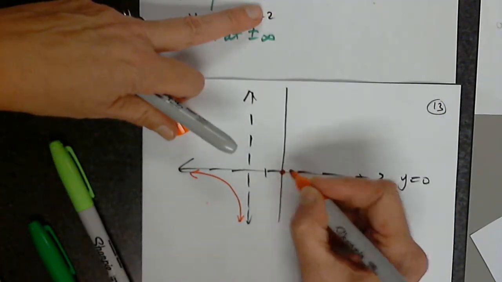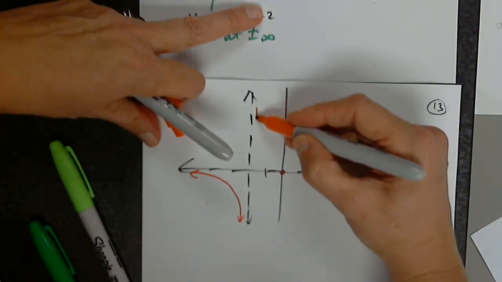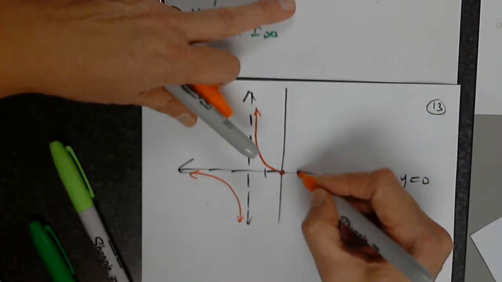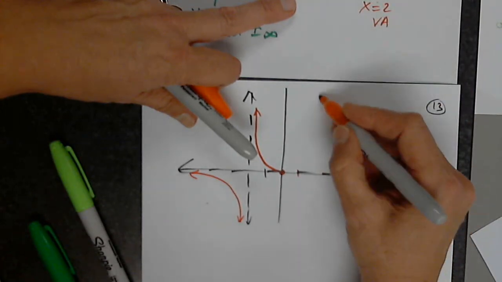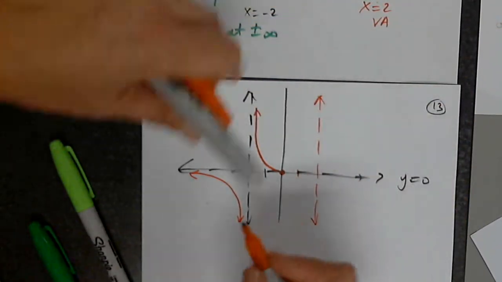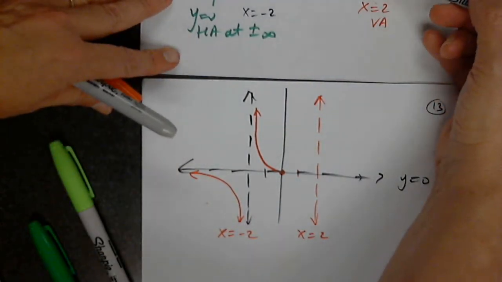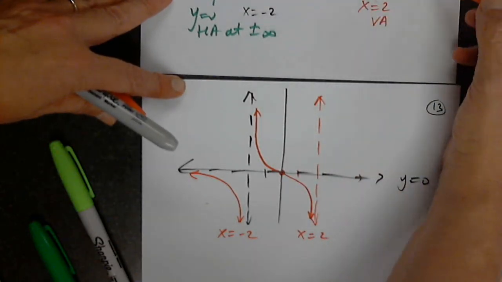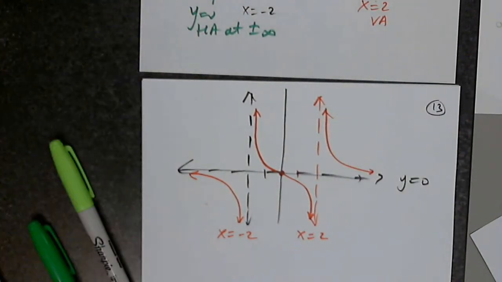So there is a point at 0, 0. It approaches infinity as x approaches negative 2. The function approaches 0. It has to cross at 0, 0. It has a vertical asymptote, no question about it, at 2. So x equals negative 2 and x equals 2 must be vertical asymptotes. Here it approaches infinity. No question about it. On the other side, it's coming from positive infinity and goes to 0. So this is an example of a function that complies with all